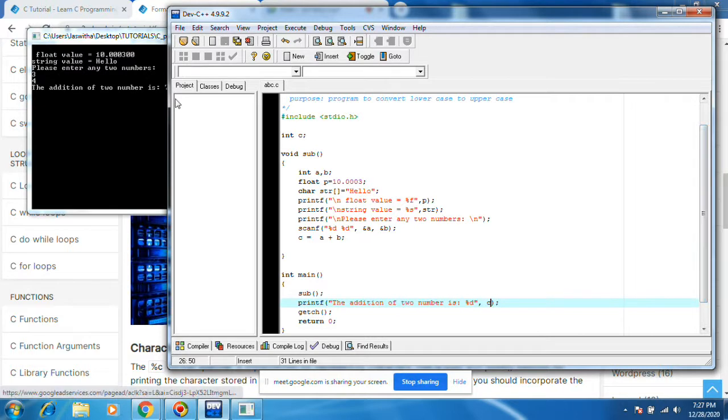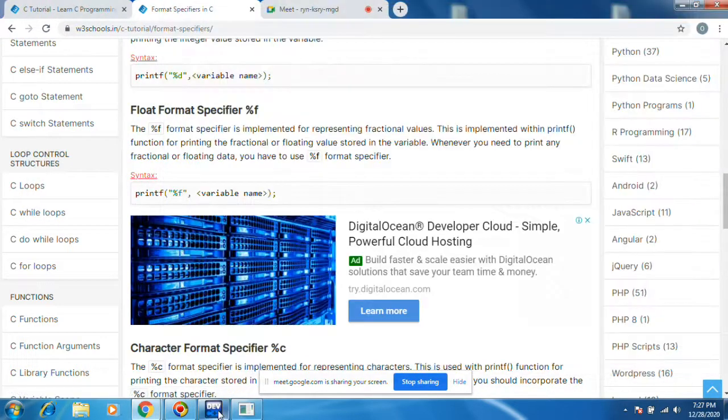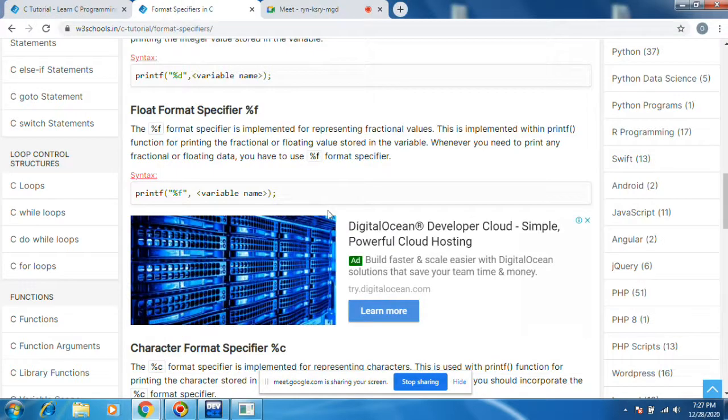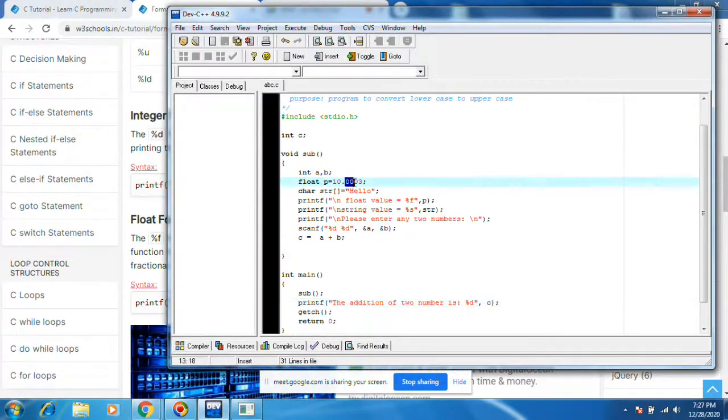Okay, I think you have got a clear idea on what format specifiers are and where to use them. These are format specifiers, and of these we use three extensively. Also in float, if you want only two digits, you can do %0.2f.